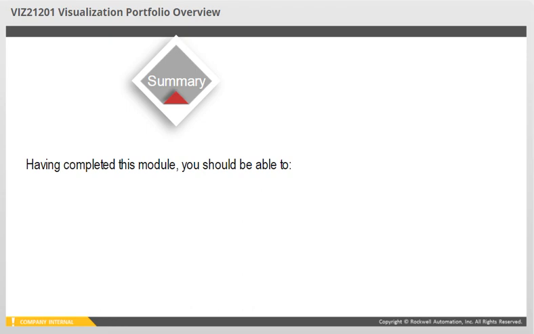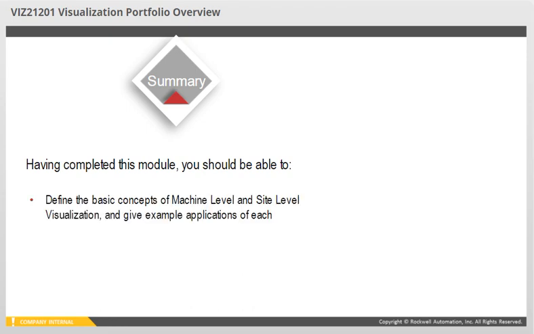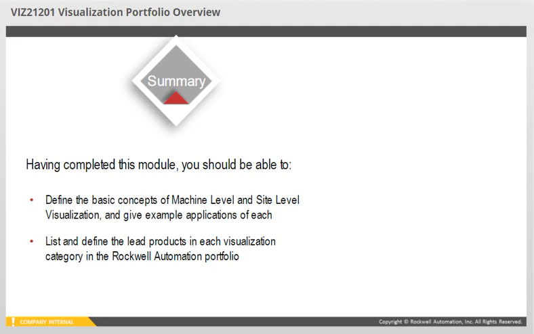Having completed this module, you should be able to define the basic concepts of machine-level and site-level visualization and give example applications of each. You should be able to list and define the lead products in each visualization category in the Rockwell Automation portfolio, and you should be able to recognize the differences between these